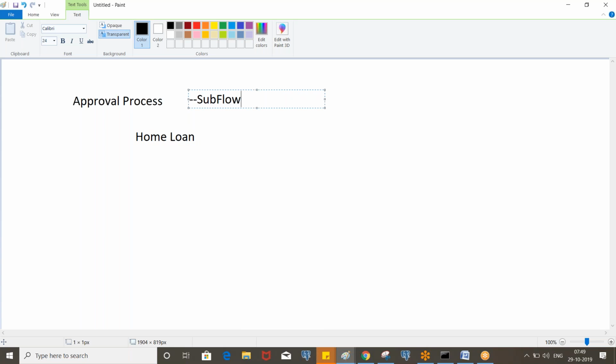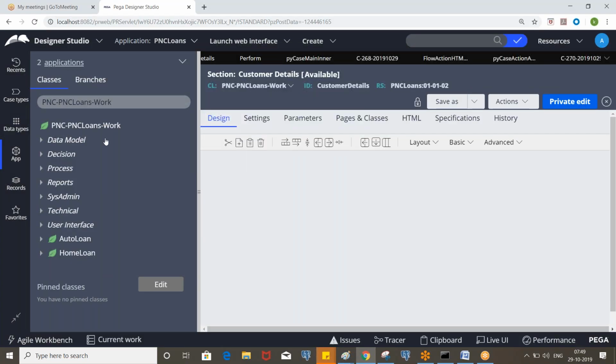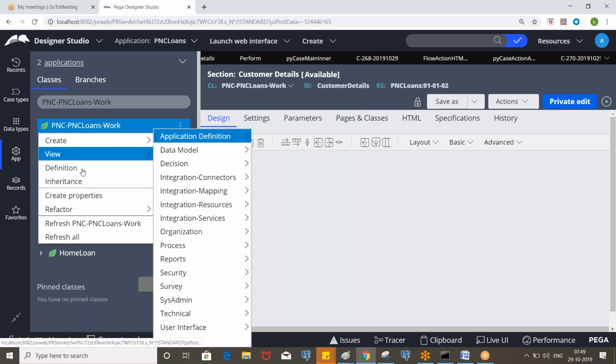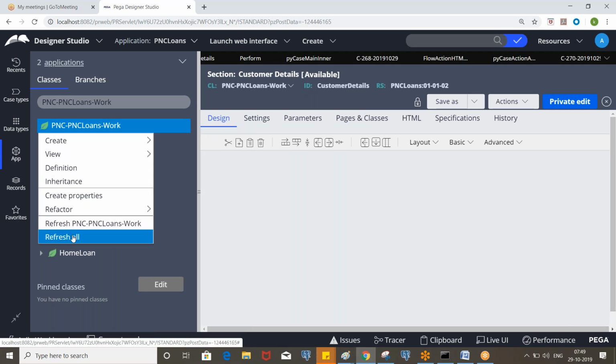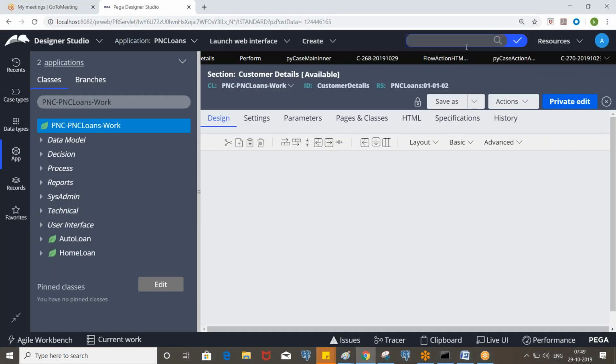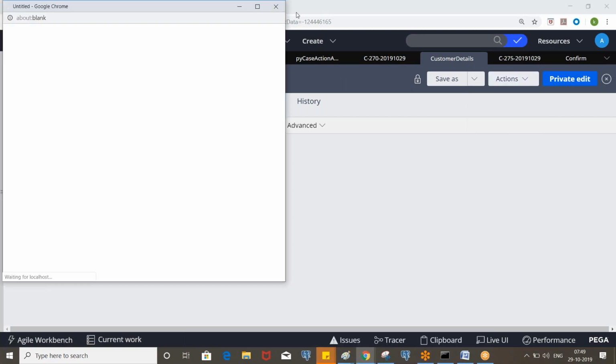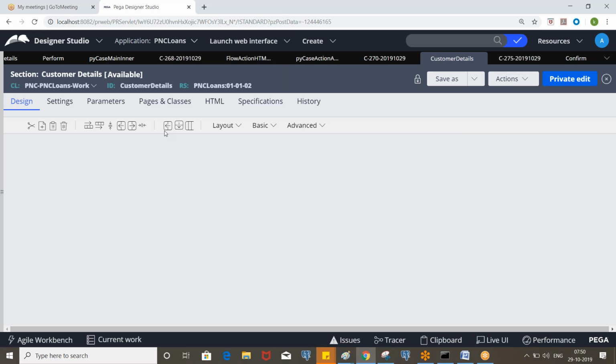We also have a straight through flow. If there are no assignments defined in the flow, that flow is called an STP, a straight through process flow. You can refer to all these things in the documents.